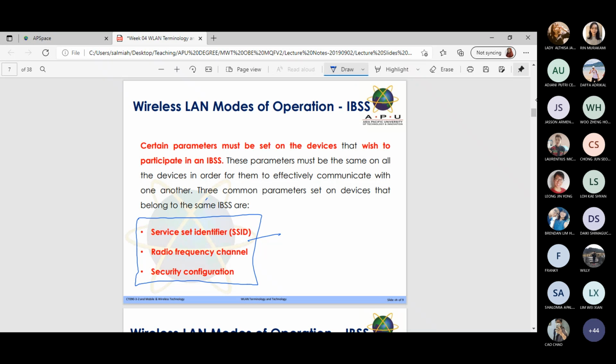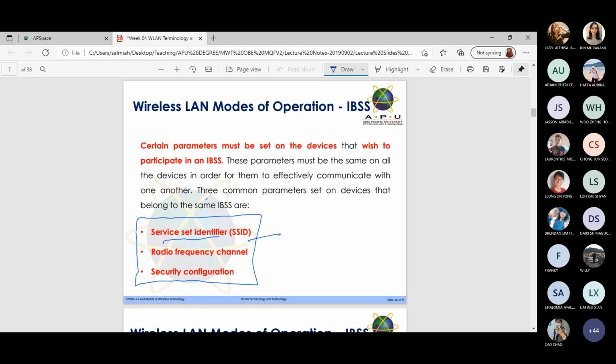Some of you might ask me, Miss, what is SSID? SSID is normally just like at your home, even in APU. If you want to find out what Wi-Fi there is, normally we use this term: what Wi-Fi to connect? What's the Wi-Fi name? You mention it that way, right? But that's actually SSID. For example, in APU we have APU Wi-Fi keys, and we have APU gaze. At your home, of course, you have your own SSID, right?